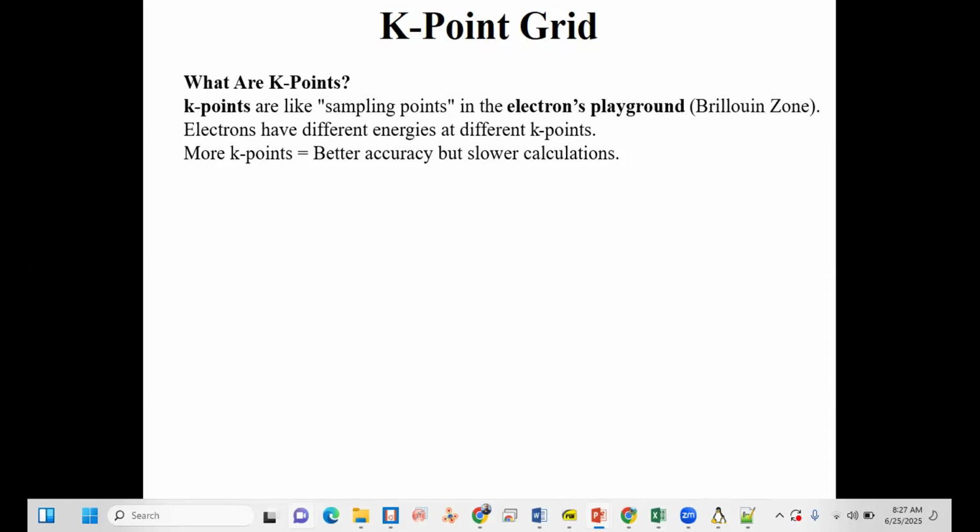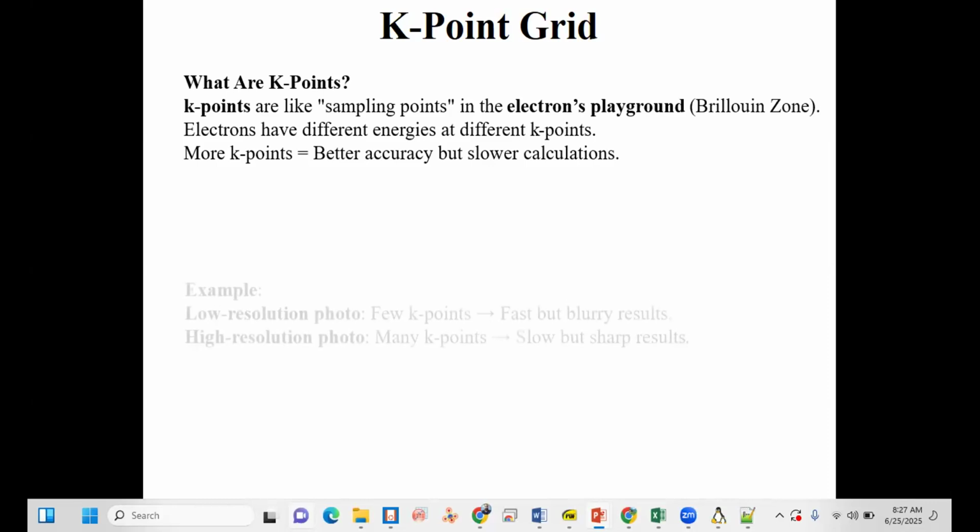Basically, in reciprocal space we call it the Brillouin zone. Electrons have different energy at different K points. More K points give better accuracy but a slower calculation. If you increase the number of K points, the accuracy becomes very high, while the computational cost increases too much.